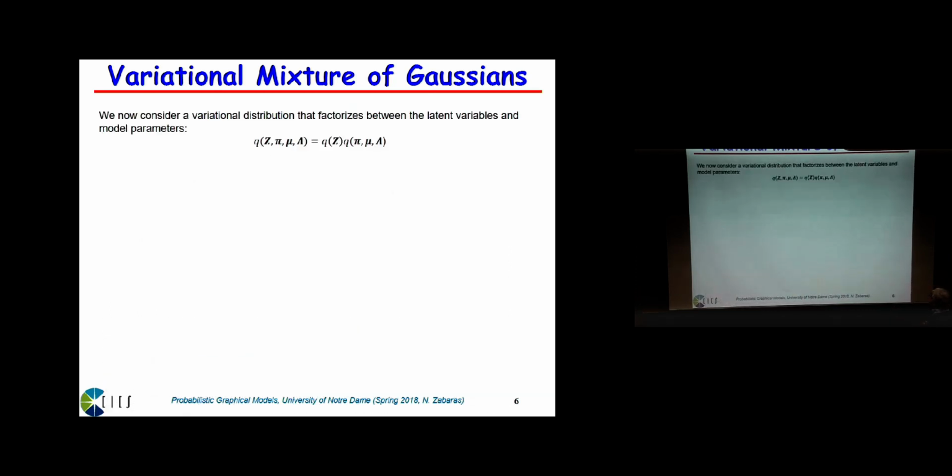So we need to approximate now the posterior of all of these massive unknowns, and those unknowns are the posterior of the latent variable z, the posterior of the mixing coefficients pi, the posterior of the means mu, and remember mu is a vector, but for every component, so I have a lot of those, all right? And the posterior of the precisions lambda, and I have a lot of those, okay? So this is written in a compact way, and for now, I'm not going to write this as q of z, q of pi, q of mu, q of lambda,